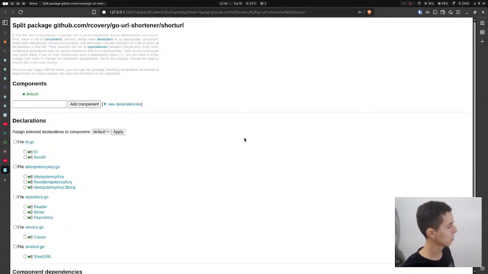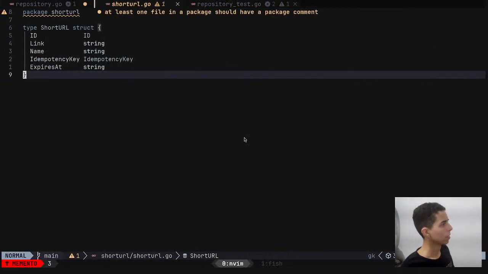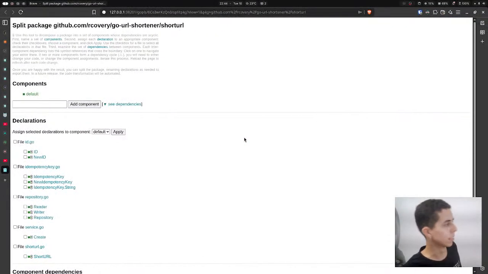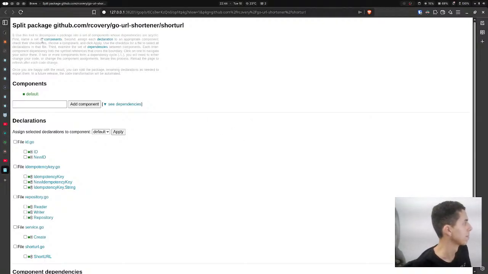Okay, I clicked on, I selected the split package short URL, and it opened a tab in my browser, which uses this